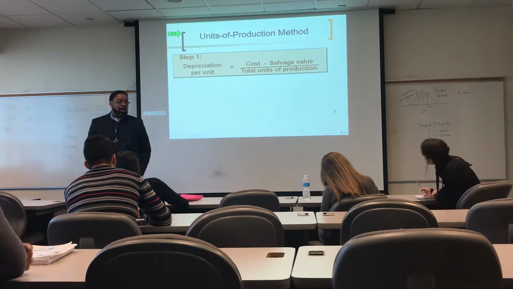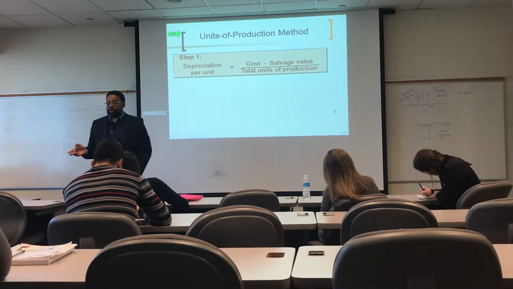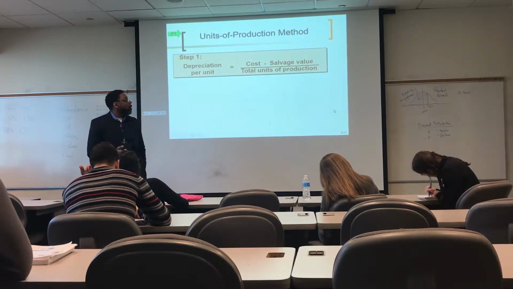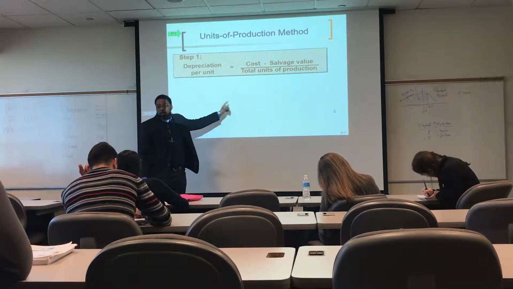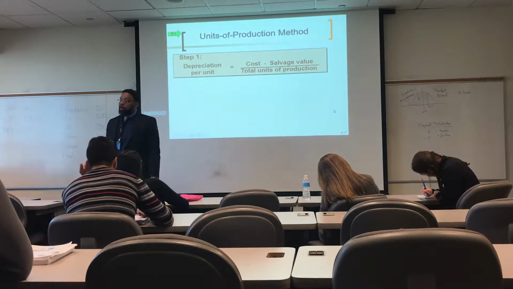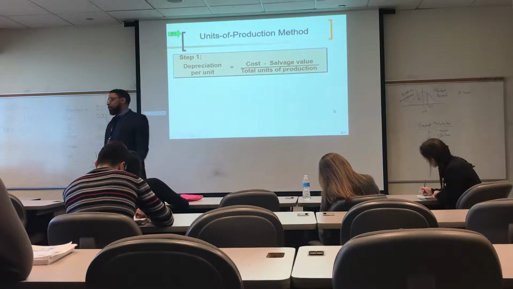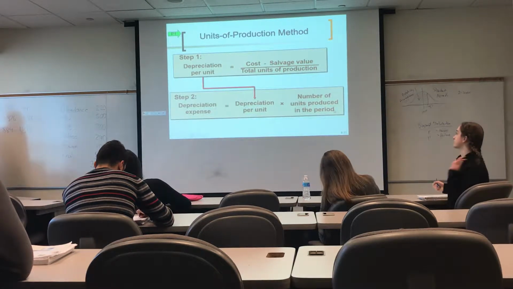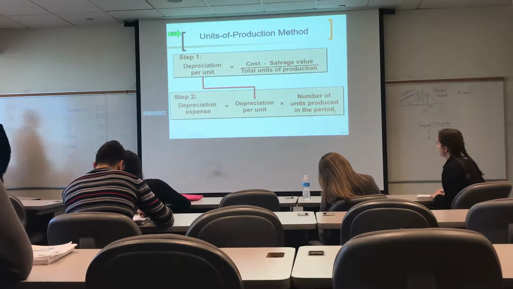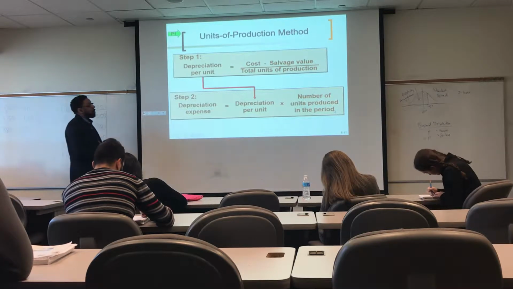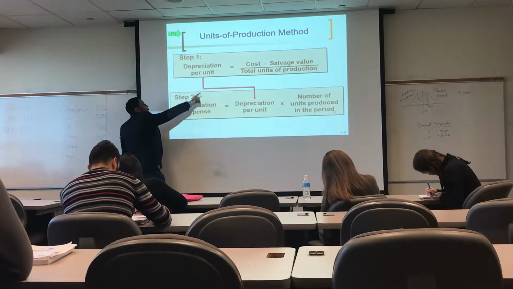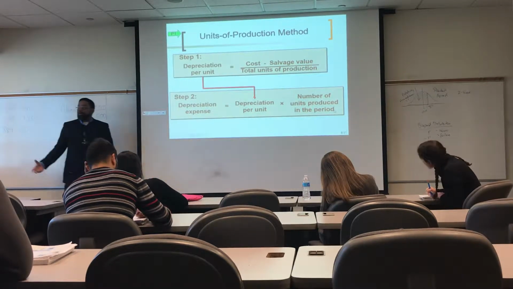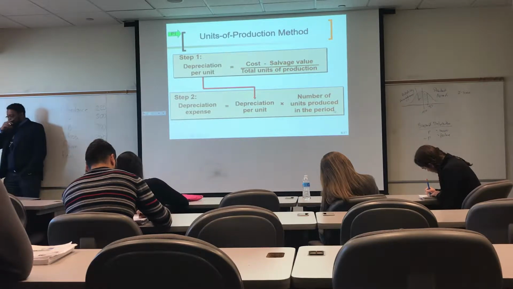Straight line is saying, hey, over time an asset deteriorates. What units of production is saying is that over usage, an asset deteriorates, right? So it's the same numerator, cost minus salvage value, but total units of production is in the denominator. To find our depreciation expense, we take the depreciation per unit, that's what we're calculating here, and then multiply it by how many units we created during the period. So think of a piece of machinery that